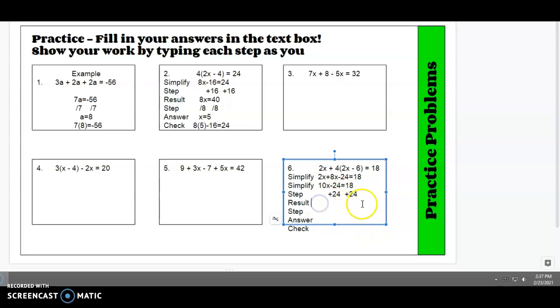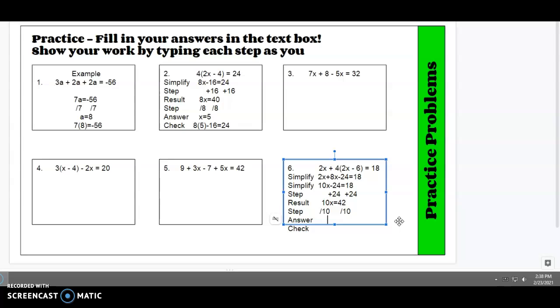And that gives us the result. And how I get it centered is I'm using the space bar. So, the 24's cancel out and leave us with 10x equals 18 plus 24 is 42. So now for our step, we need to get rid of that times 10. So we're going to divide each side by 10. That gives us as answer